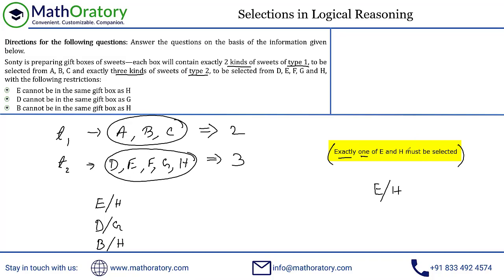So whenever I have this kind of thing, what I do is I just put it in a box, something like this. So now visually I know that one of these two has to be selected. As opposed to this collection, look at this collection. I've collected the data in a slightly different manner. Whenever I'm not putting the box, I know that there's no must kind of thing happening. So it is possible that neither of E or H is selected. But whenever I put a box, I know that one of these two has to be selected. So make your visual data collection strong. That will save a lot of time going forward.